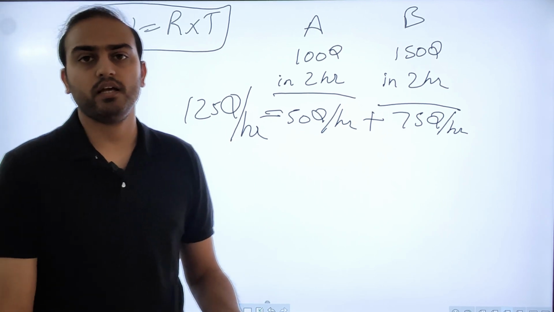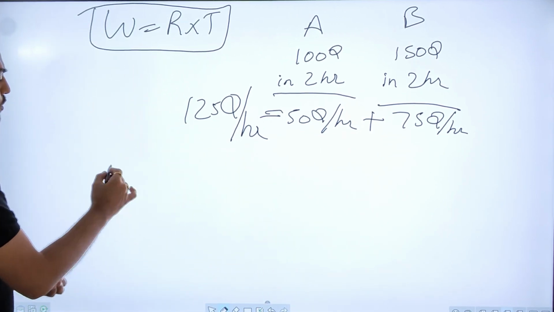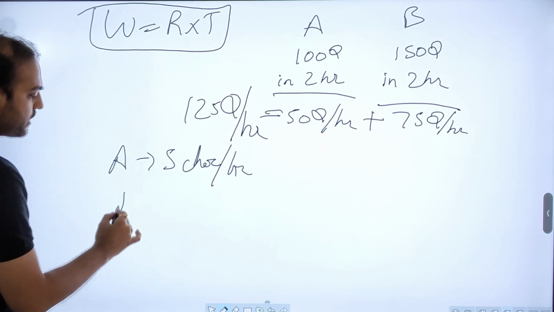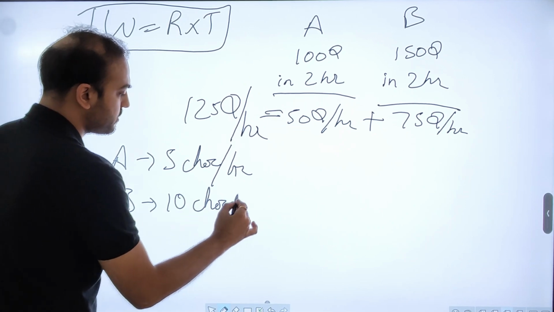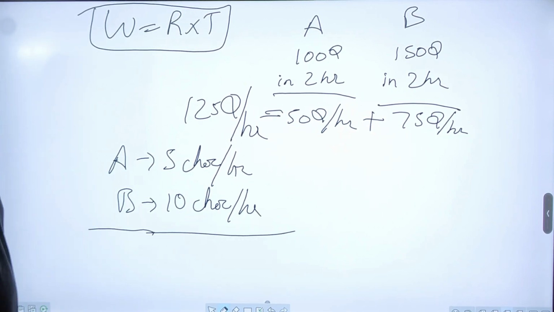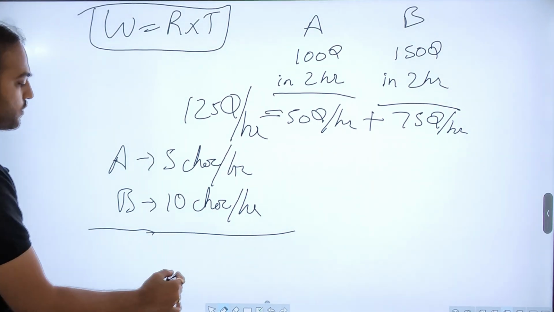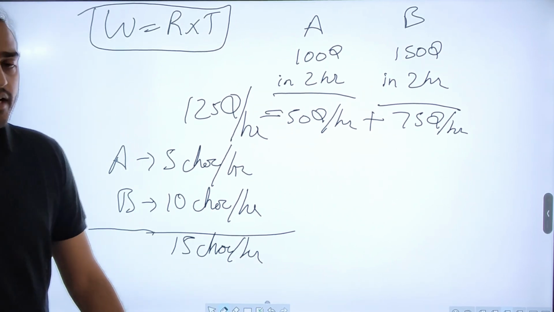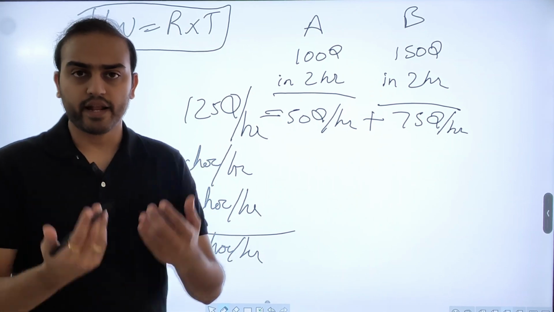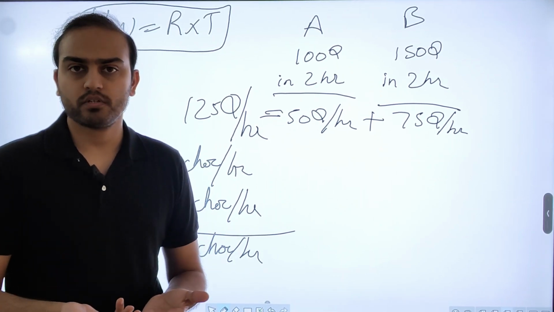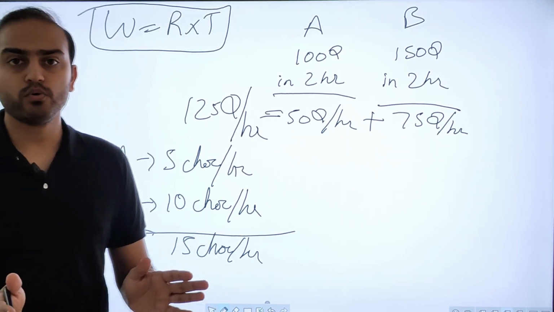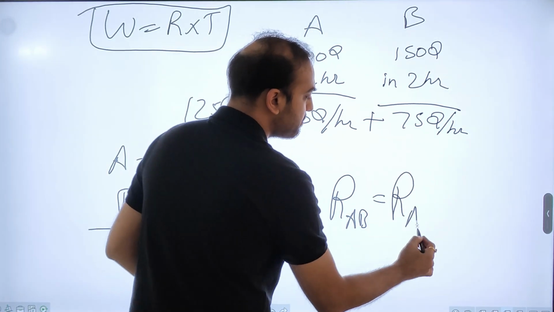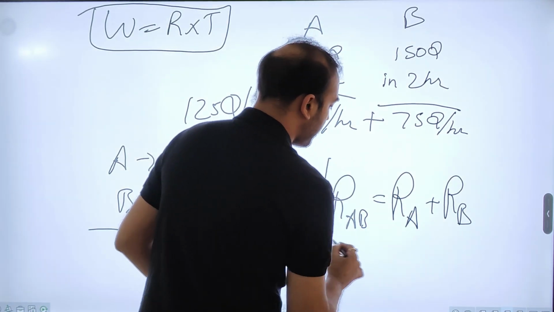Similarly, if you take another example, say there are A and B, okay, A can eat 5 chocolates per hour, okay, B can eat 10 chocolates per hour. If they both come to your house and they sit for 1 hour, what will they do? They will eat 15 chocolates together. Okay, the point being that when people work together, the rate, the efficiency, the speed adds up, right? I hope it is making logical sense to you, right? So then the next concept that we understand from here is that when people work together, the rate adds up,